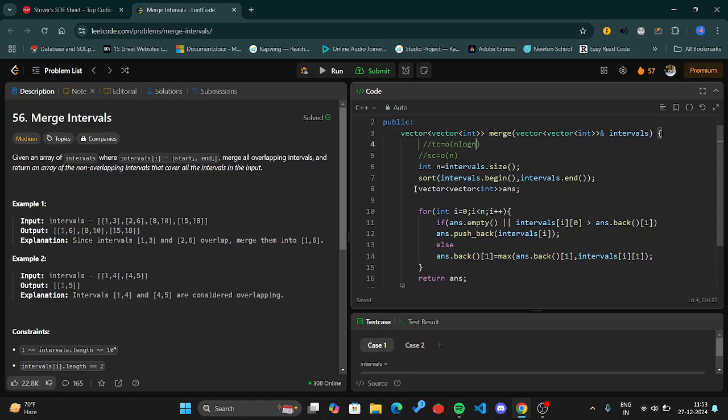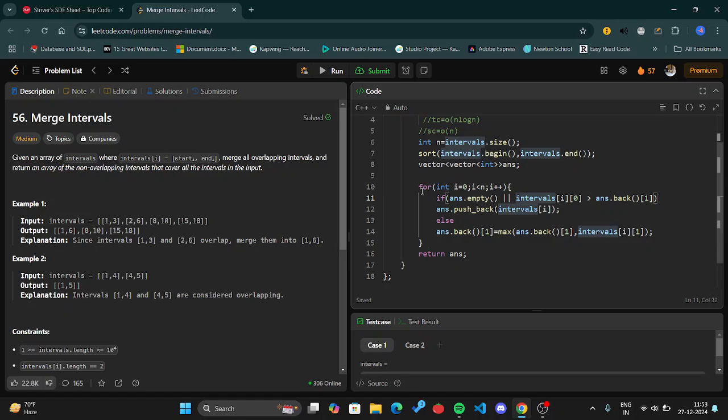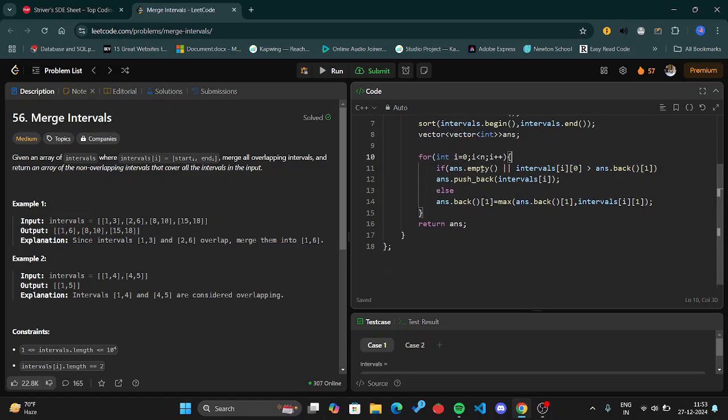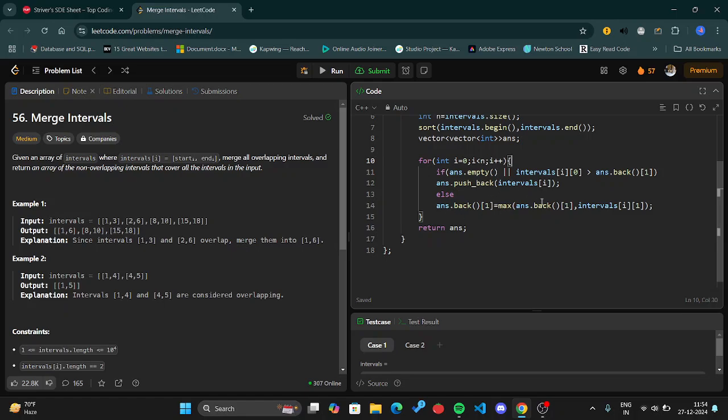Therefore I have initialized a 2D vector of answer. Then I have run the for loop. At first, sorting is done, and then I have run the for loop to check. Initially the vector will be empty because we are not inputting anything here, right? So if the vector is empty, we will just push the first interval there in the vector, right? And then again when the first interval comes back here, 1 comma 3,